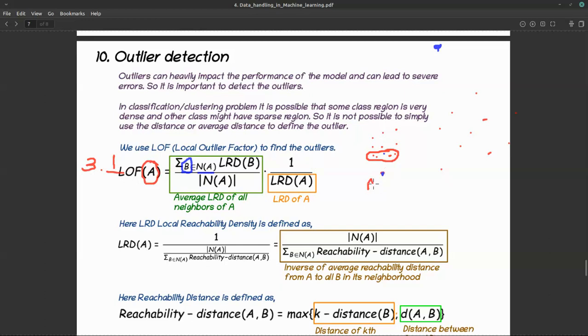So we are calculating for this point A. What is the average density? It would definitely be very less than this, right? Because this belongs to this dense area, the dense cluster. So the average density of the neighbors would be somewhere around, let's say, 5 or 10, right? My density would be lower, because it doesn't belong to the dense area. So the average density is 3 and the density of this point is, let's say, 0.1. So the local outlier factor would be 30.